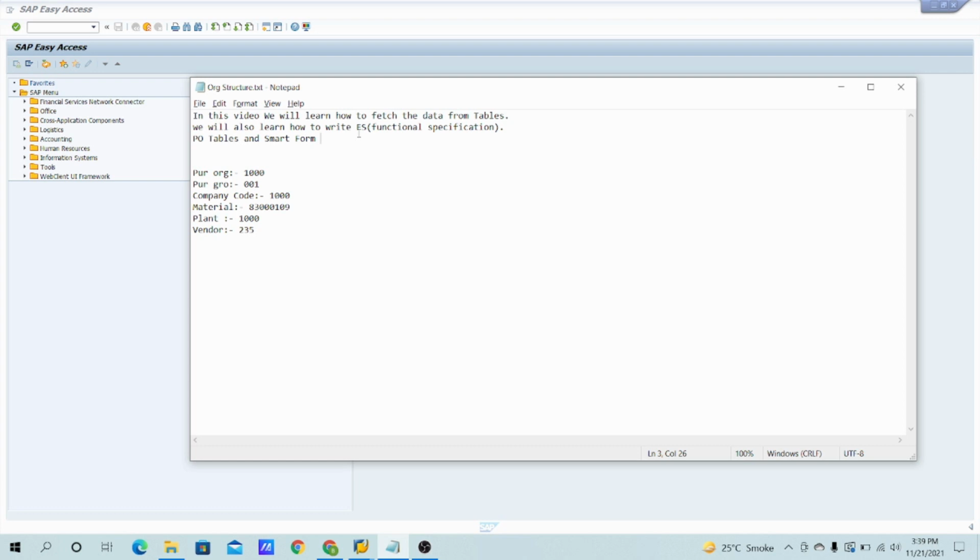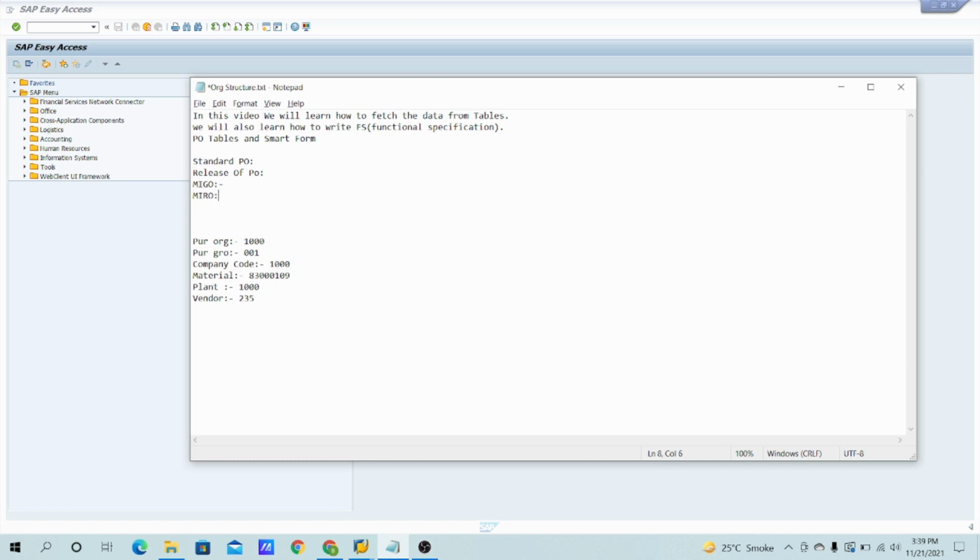So first of all, for the learning perspective, what we will do today is simply create a PO. So in the standard PO, after that we'll see the release of PO, then MIGO and MIRO.